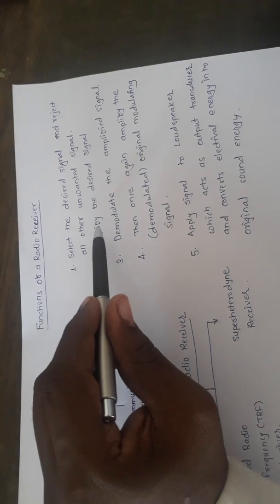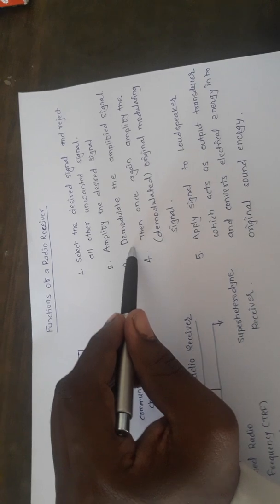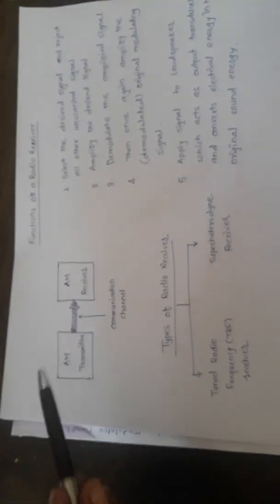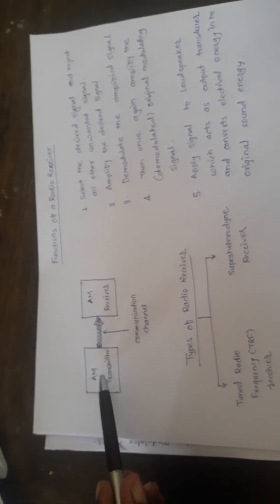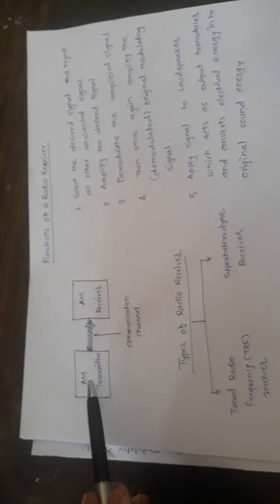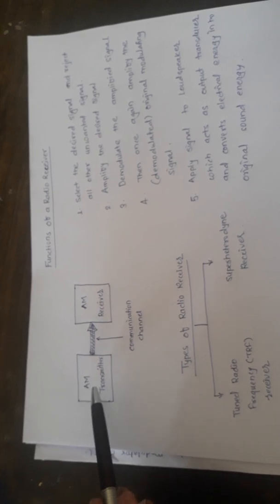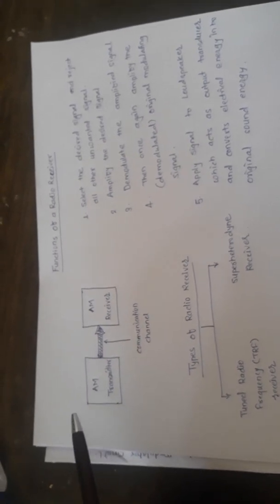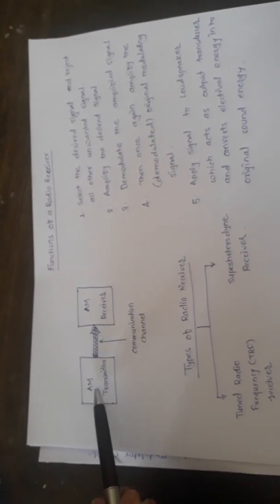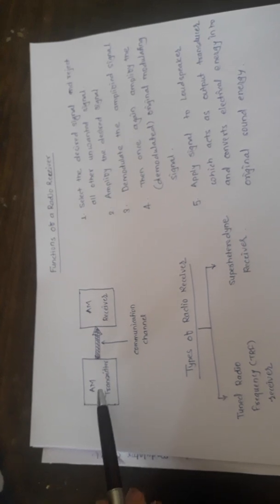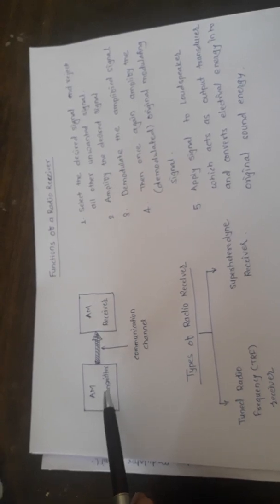Once the desired signal gets amplified, the third step is to demodulate the amplified signal. As we all know, during transmission we have done amplitude modulation. We have superimposed the original modulating signal on the carrier signal by changing parameters related to amplitude, frequency and phase. In AM modulation, the amplitude of the carrier changes with respect to the instantaneous amplitude of the modulating signal, keeping frequency and phase constant.